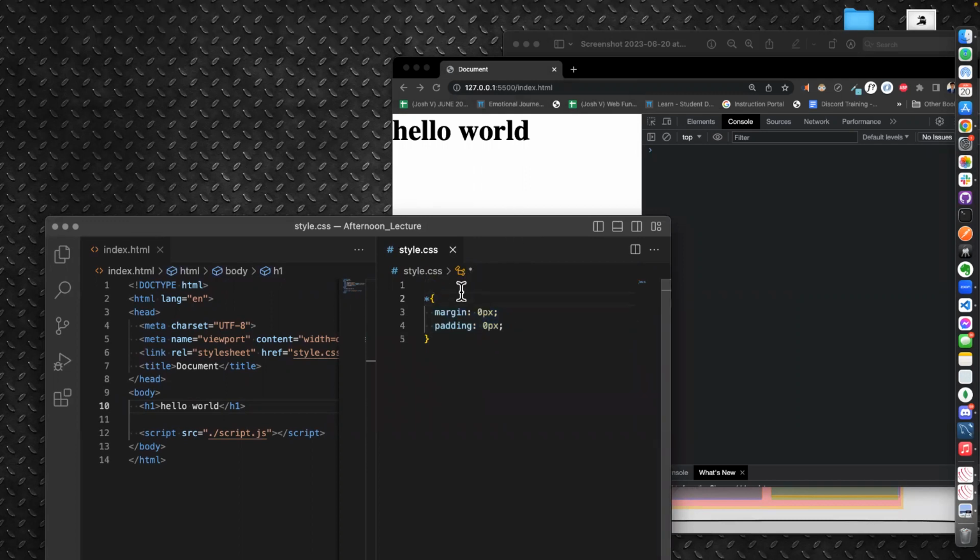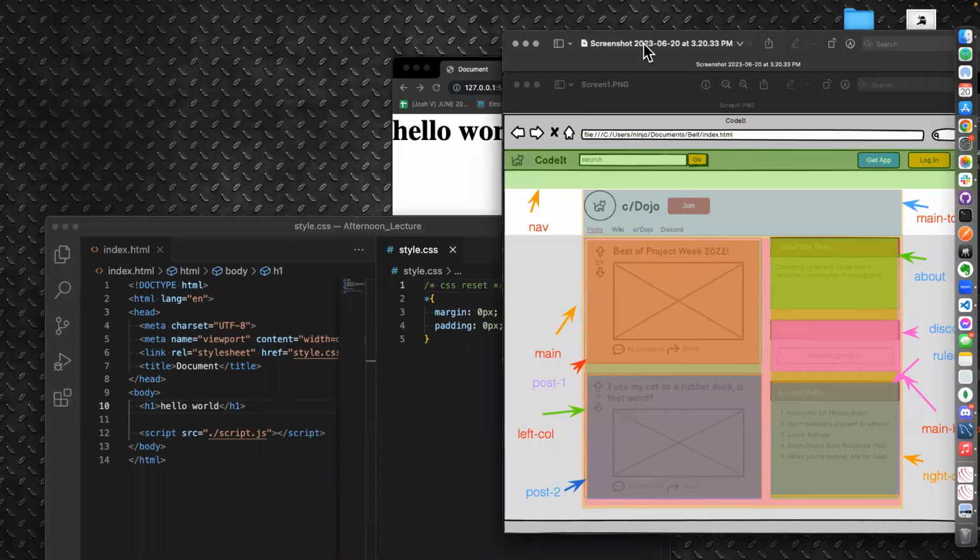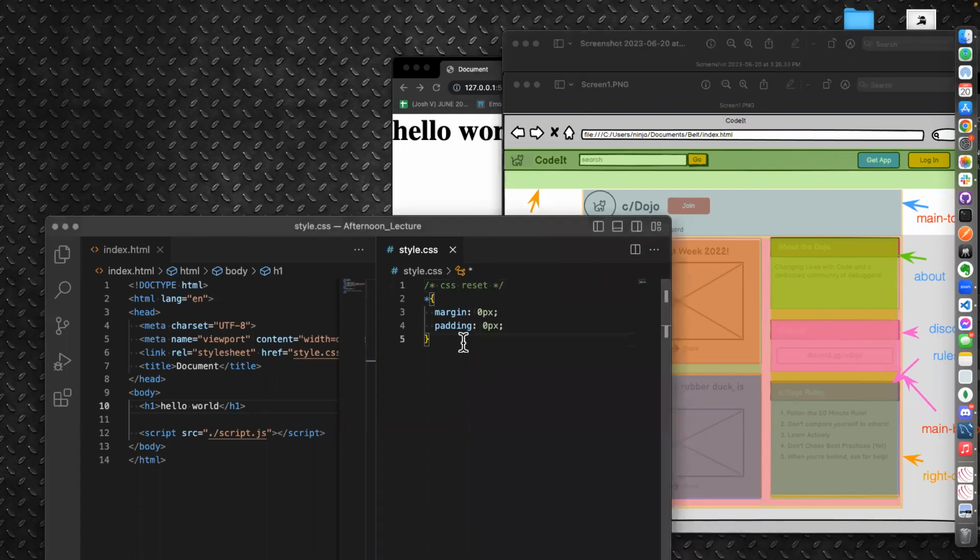And I want to just add a comment just to make it look clean. So I'll say CSS reset, and I'll do command / or control / if you're on a PC. So, okay, here we are. Hello world. And so let's continue. Now let's write the nav bar here. Let's write the nav bar. So I will start by saying,